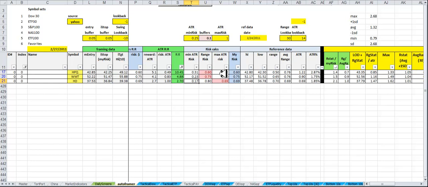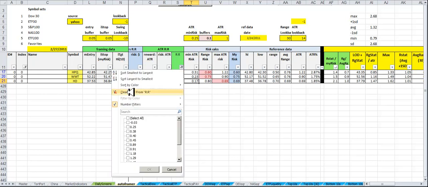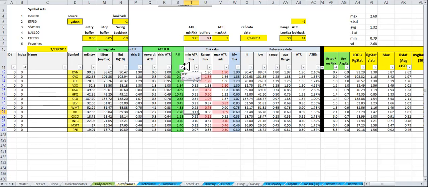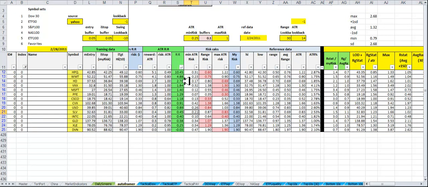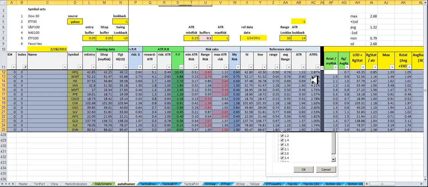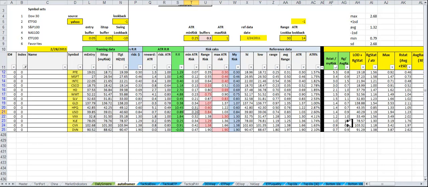Now, if you have a bunch of things that fire as swing trades, you can do the same kind of thing. Let me clear the criteria here. If I just sort these by reward to risk, those are the ones that I'm interested in. That gives me a quick sort on which ones look promising on a retest of the 10-day high. If I simply look at those on the basis of the range stat divided by my risk, I might be interested in anything. There are some in here that are tradable intraday that don't meet the swing trade criteria, but